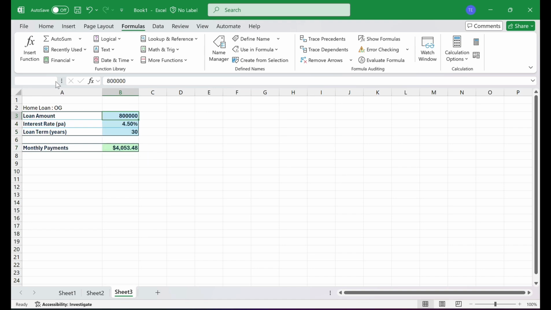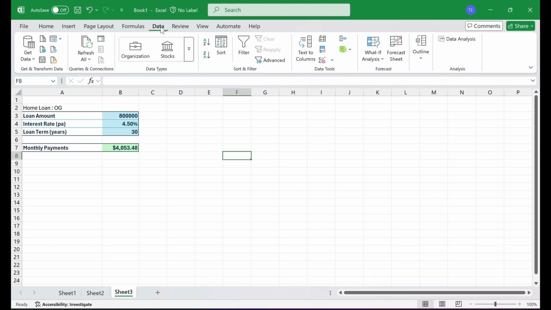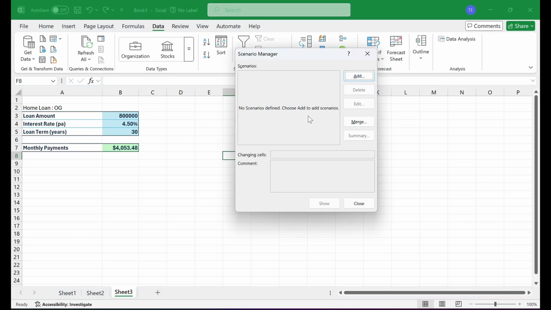If you see, this is the name. So when you get into scenario manager, it's more manageable. So just open what-if analysis, scenario manager,